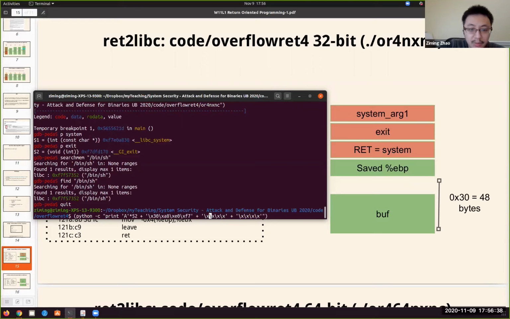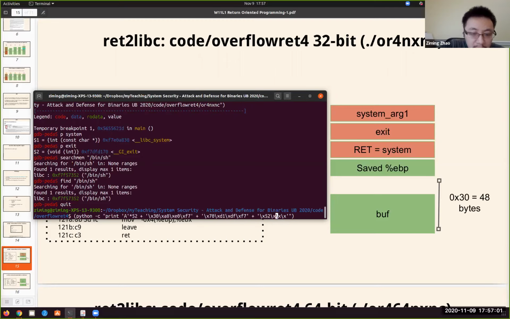The second one will be the function address of exit. So it's here, 70 D1 DF F7. Then we have the argument for system, which is /bin/sh, which is